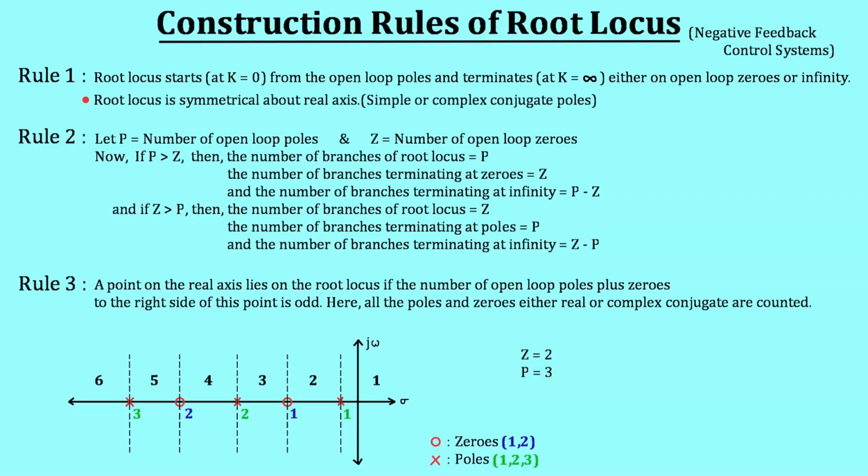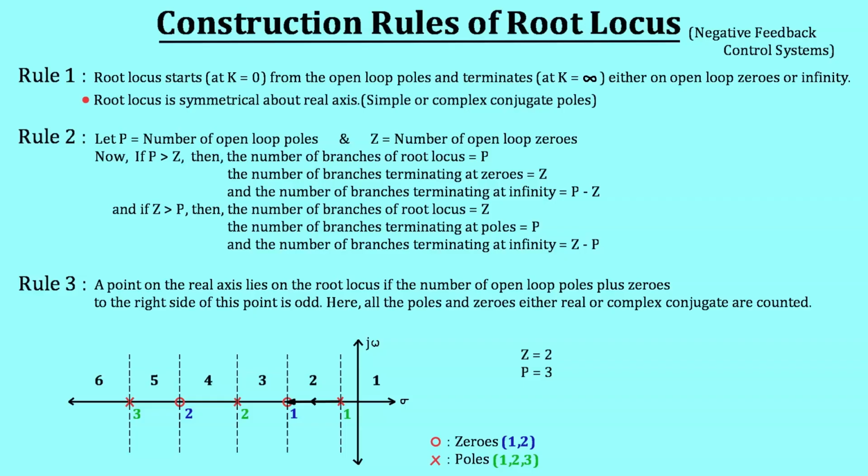Now coming to the second region, any point which lies between the first pole and first zero has one pole lying on its right side, which is the first pole. Therefore, the region between the first pole and the first zero is part of the root locus. And from rule number 1, we know that the root locus starts from a pole and terminates at a zero. Now, if we talk about the third region, again, any point lying between the second pole and the first zero has one pole and one zero. And if we add the number of zeros and number of poles, we will get 2, which is an even number. Therefore, the real axis which is present in the third region is also not a part of the root